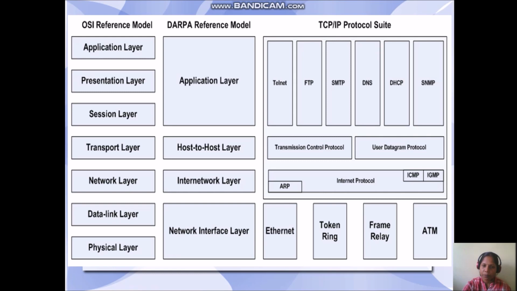So in the data link layer, we learnt about Ethernet, token ring, token bus, etc. Frame relay, ATM. ATM we didn't learn, but these are all data link layer protocols. Then in the network layer, we learned about ARP, RARP, IP, ICMP, IGMP.